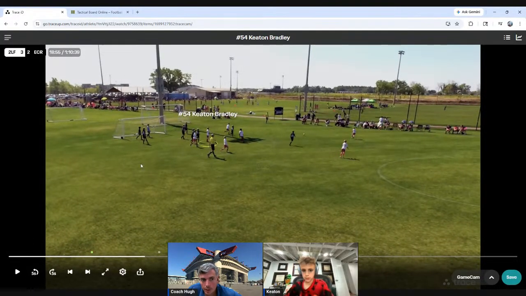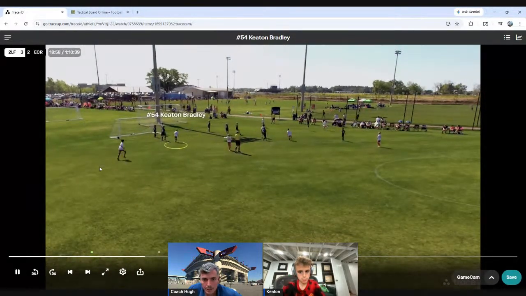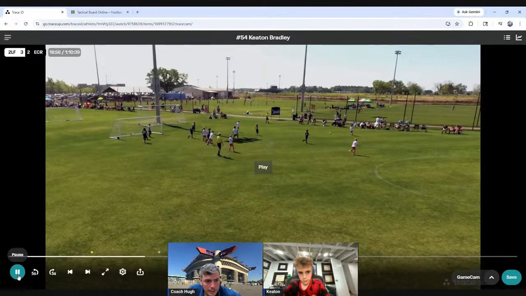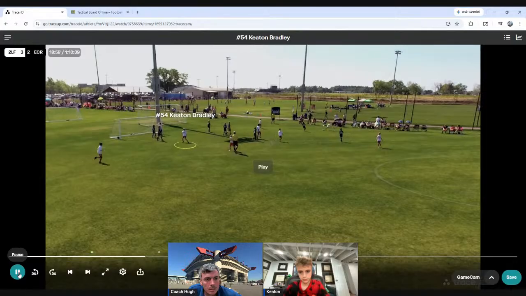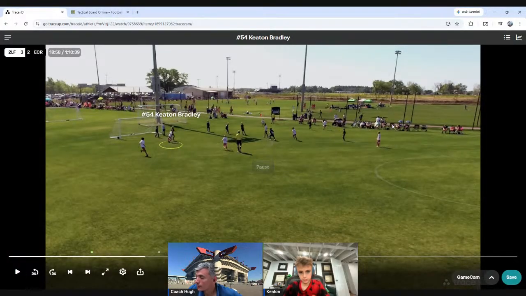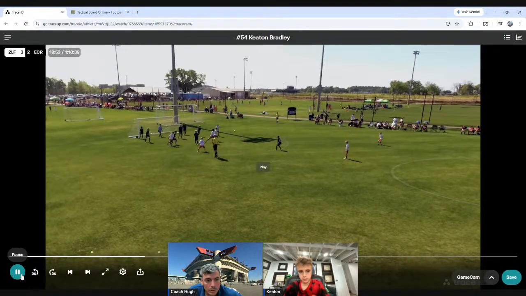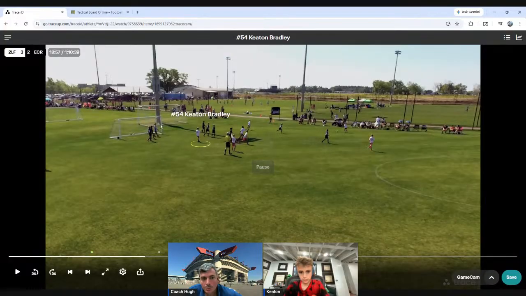watching the ball. So if I were you, I'd be floating, moving around, because he's probably going to kick that ball right back into the box. There we go. Now, ironically enough, it lands right where you were. So if you're going to raise your hand and call for the ball, you've got to stay on that spot. If we look at that, you're actually in this nice pocket of space.